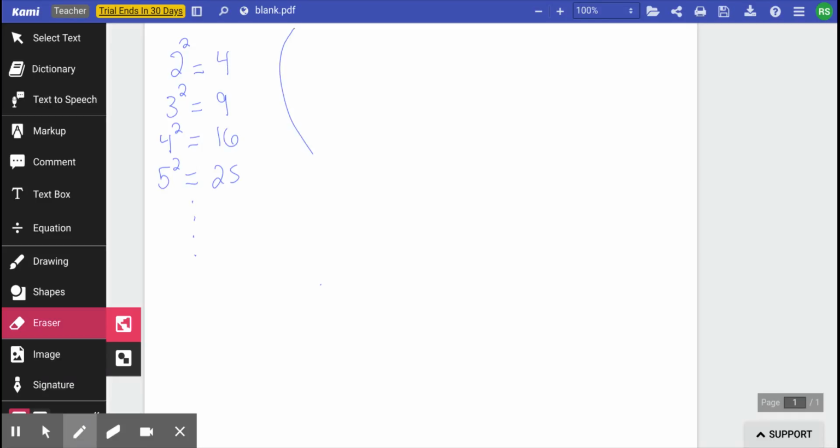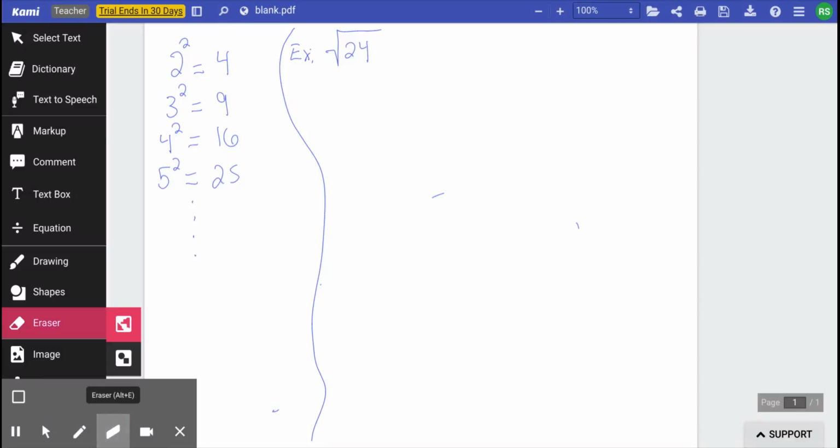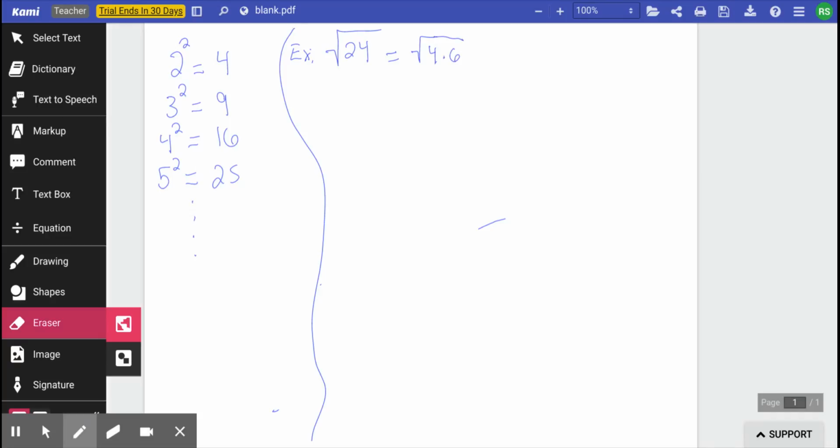We're going to start with simplifying square roots by using the product property of square roots. So for example, if we have to simplify the square root of 24, we need to find the biggest perfect square that is a factor of 24. 4 is a factor of 24, and it goes into 24 6 times. So what we're going to do is split this square root into the square root of 4 times 6,